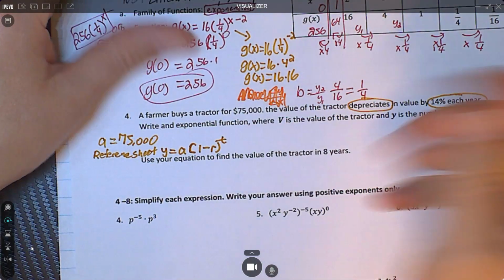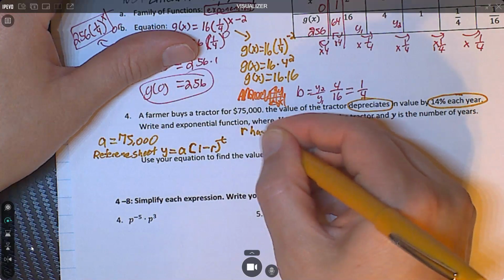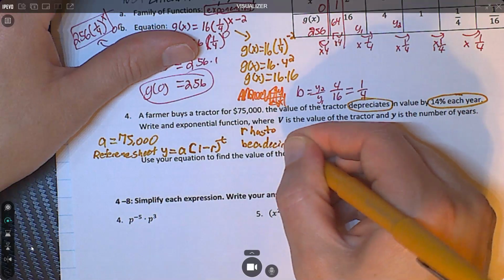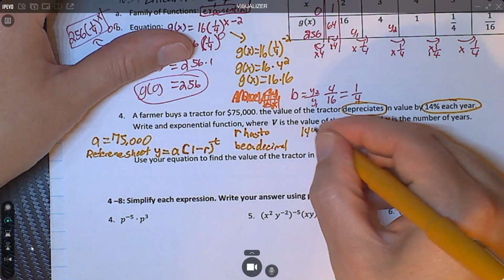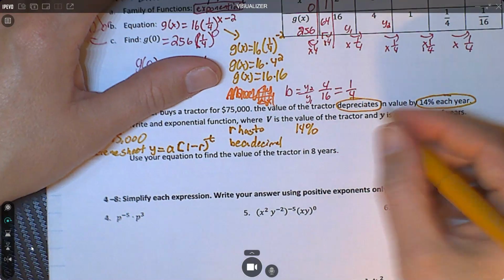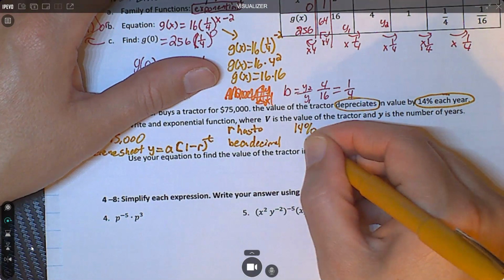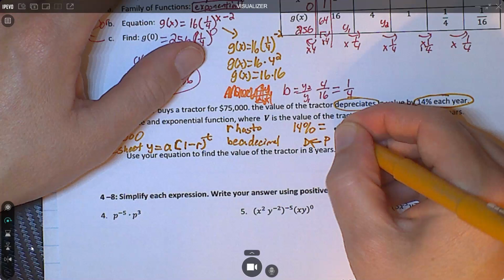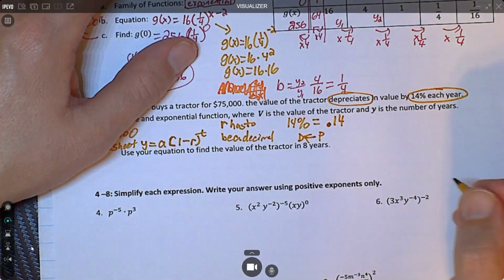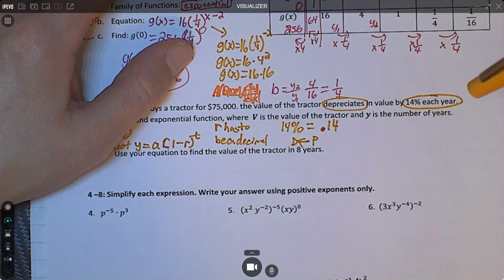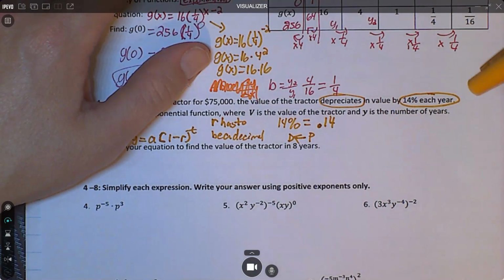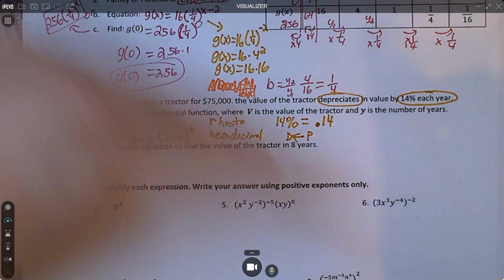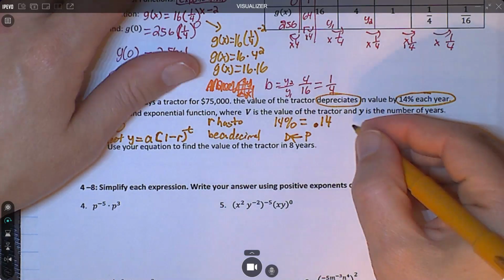So, and r has to be a decimal. So 14% to a decimal. You're going from percent to decimal. You go to the left 2 places. So that's 0.14. So we put it together. And it's wanting f of x. I put y. Please forgive me. We'll put f of x. No, v. Okay, v